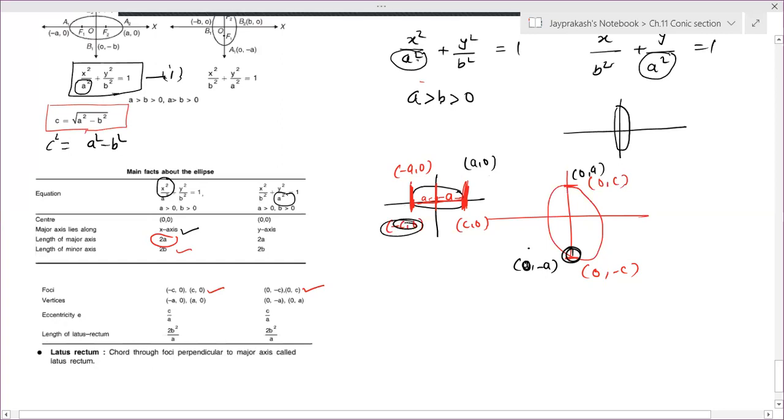Foci means it is somewhere near the center of the ellipse. It may be on the positive or negative axis. So it is perpendicular to the major axis. That is, this major axis of ours, along the x or y axis, whichever axis it is, what is perpendicular to this major axis, that is the latus rectum. So the latus rectum is expanded on both sides, so that means the length of this part, from this to this part, it is perpendicular to the major axis. We don't know whether it is a midpoint or not.